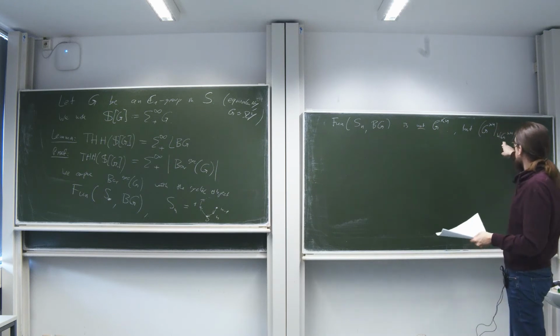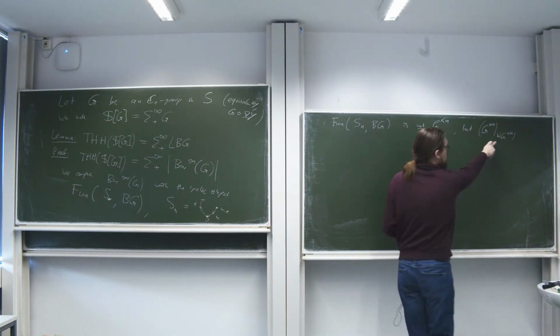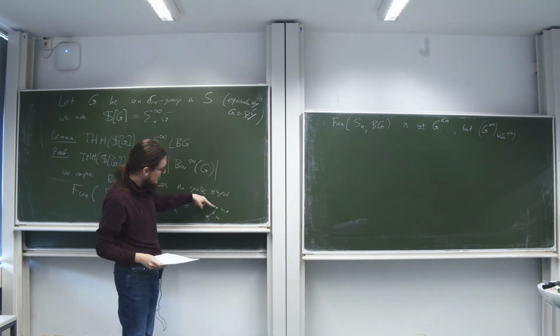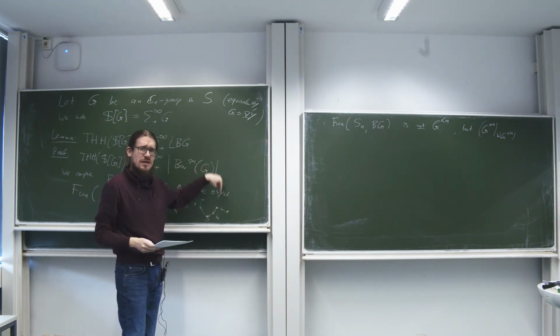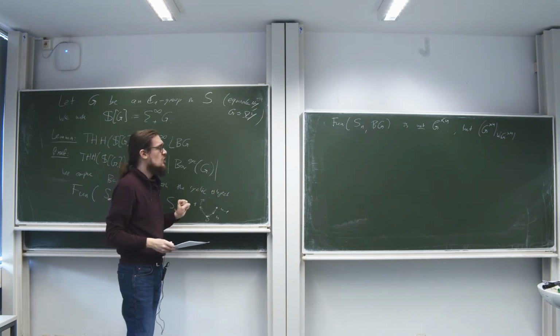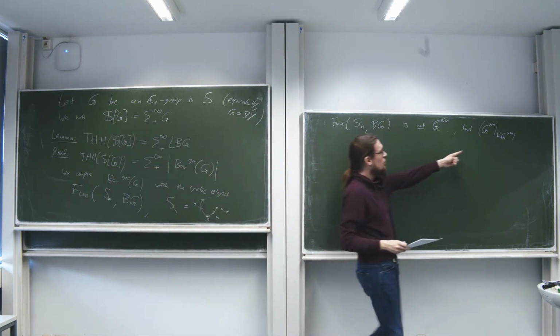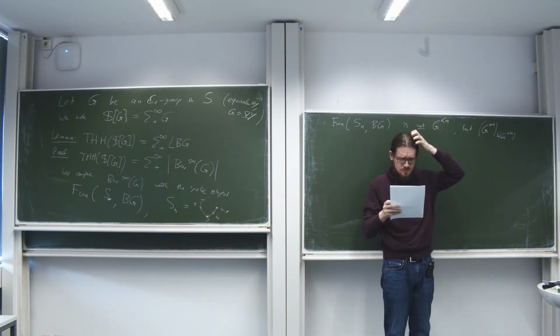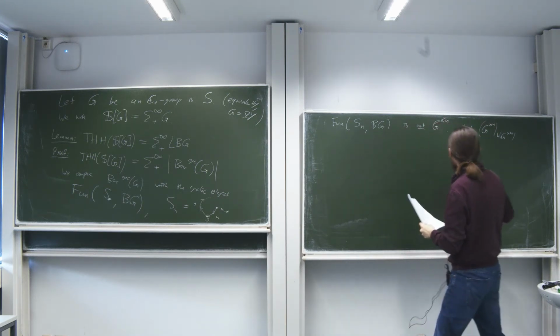But the action here is not the free one, right? If you take such a diagram and you modify it by isomorphisms on each of the objects, you're kind of conjugating. So this acts here in a funny way by conjugation on kind of adjacent things. So all in all,